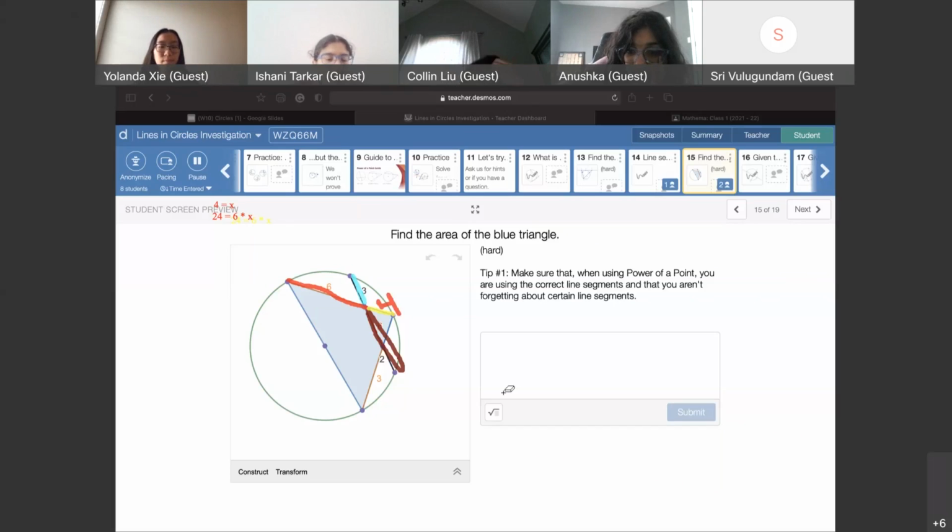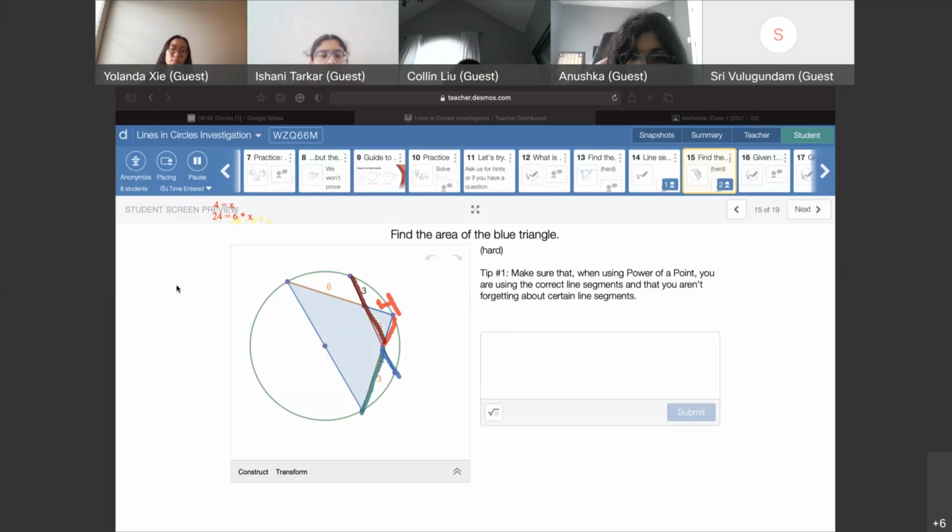And now we have to solve for this other side. Let me label it. So now we have to solve for this side over here, which is in pink or red. So we can multiply that unknown by this value, which is 3, and then we can multiply this whole length by this value, and we'll be able to use power of a point. So we can do 3 plus 6, which is 9, multiplied by that value, which is 2,